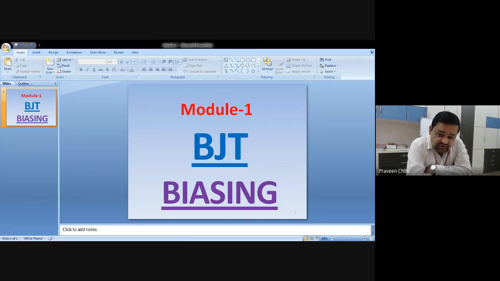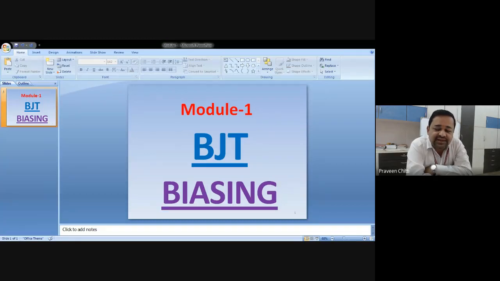Depending on the configuration in which we use the transistor, we can have three different current amplification factors. Out of these three configurations, the common collector configuration is rarely used. The commonly used configurations are common base and common emitter. In common base configuration, the current gain is denoted by alpha, and in common emitter configuration, the current gain is denoted by beta. Similarly, gamma is for common collector. Normally alpha and beta of the transistors are frequently used.